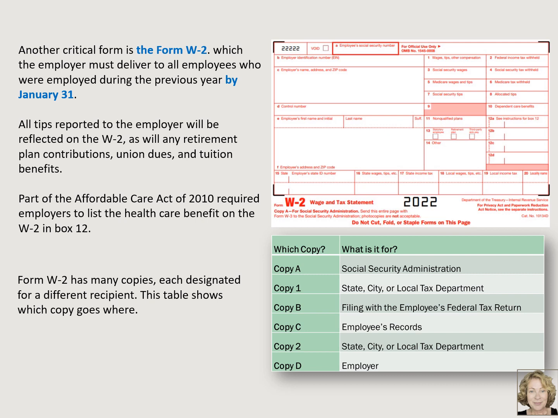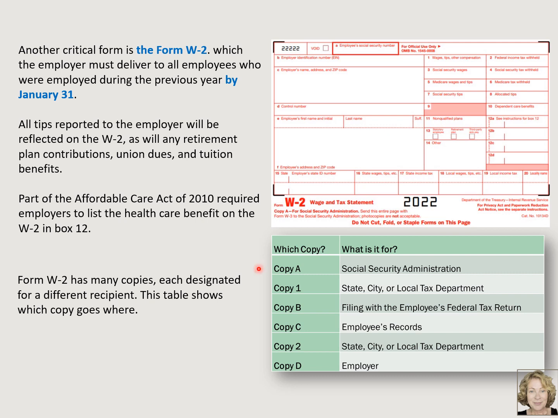All tips reported to the employer will be reflected on the W-2, as will any retirement plan contributions, union dues, and tuition benefits. Part of the Affordable Care Act of 2010 required employers to list the healthcare benefit on the W-2 in Box 12.